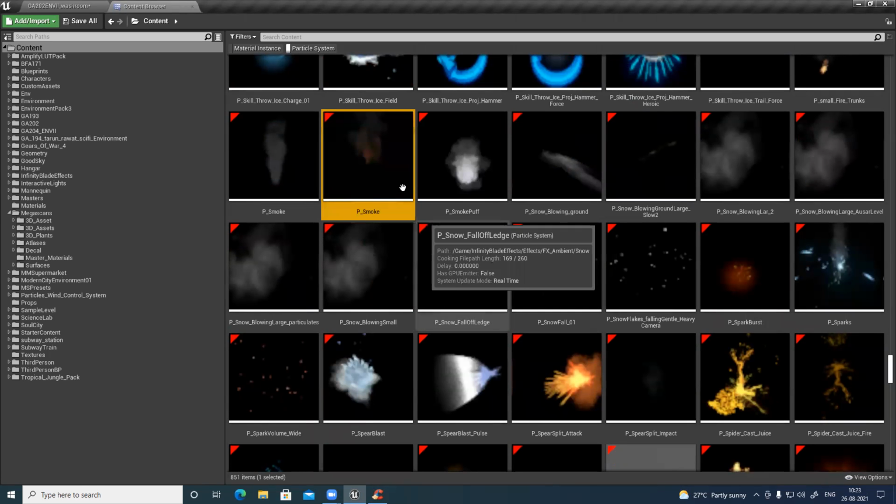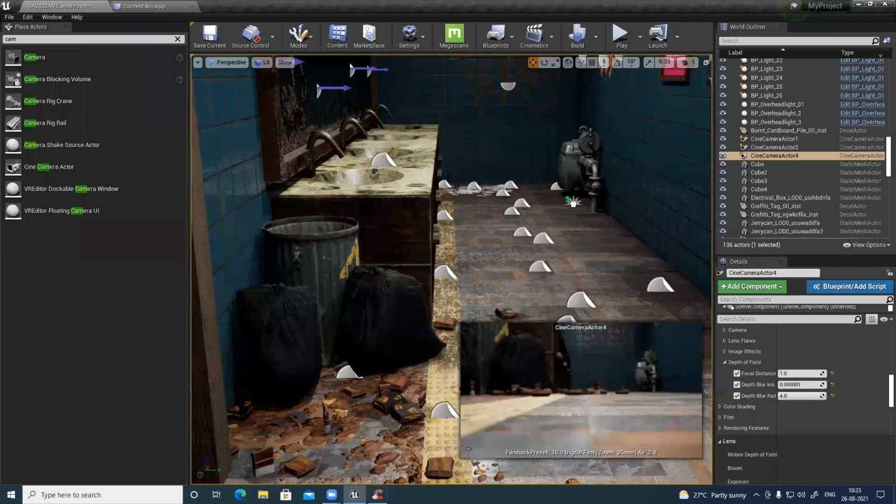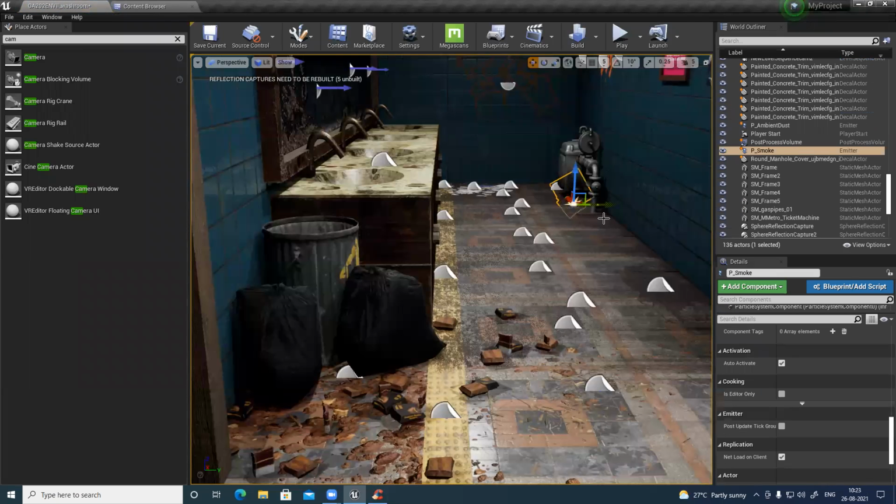Smoke. See, we have smoke. Drag and drop it somewhere here. You see smoke coming from this area. I can add a little fire here, just to make it a little interesting.